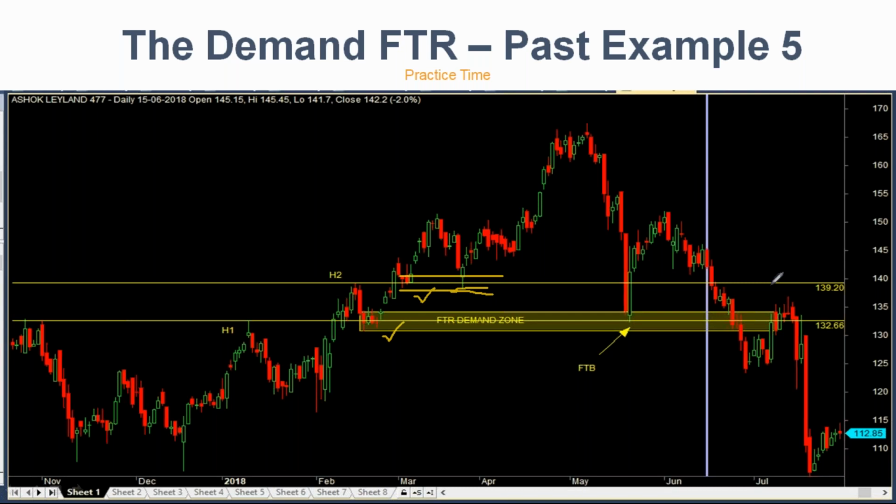Any arguments? In between April and May, one more FTR. Okay, interesting. So this is high, broken, formed a base. This is one more FTR. This FTR also reacted, but not a big reaction. It is an FTR, but it didn't give me 1:3, but it did react. Not every FTR should work anyway, right? We are not saying that every FTR should work and FTRs are 100% winning models.